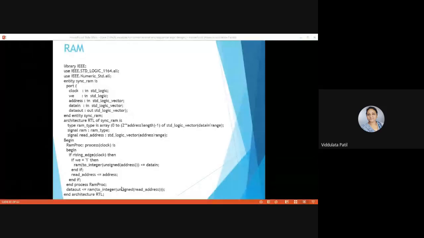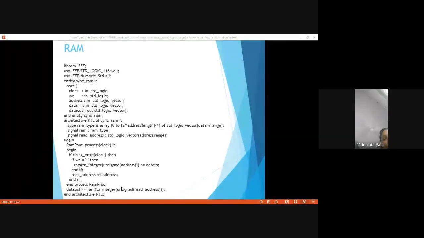Okay, so for the RAM, if possible, I'll draw a diagram, and if it is visible, just check. Is it visible? Okay, so we are now talking about the RAM circuitry.